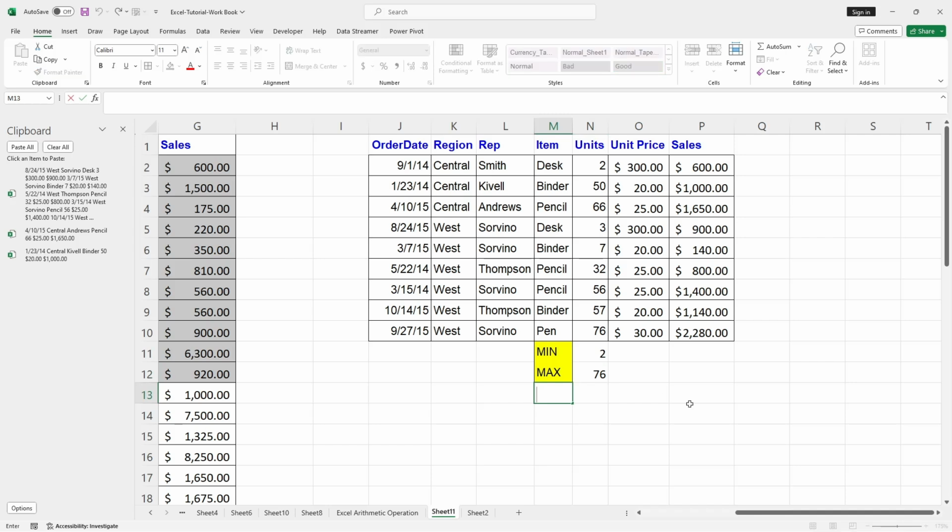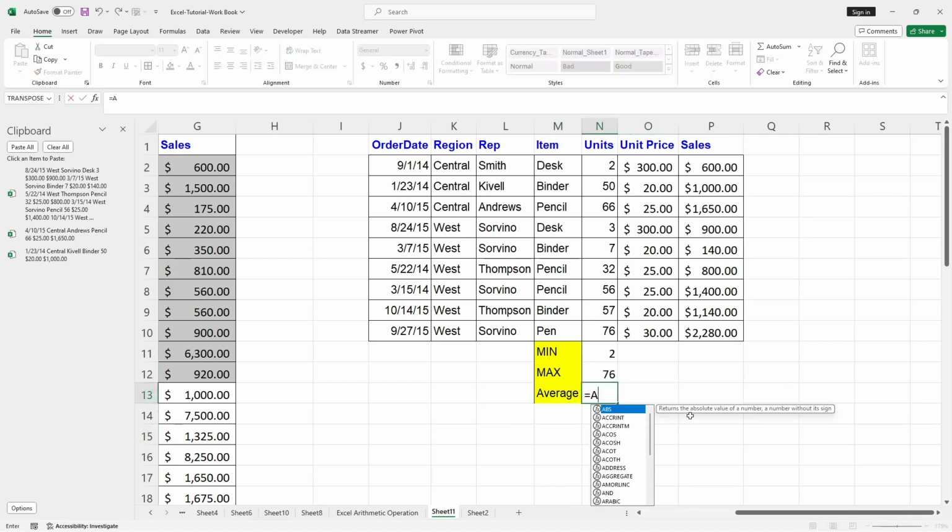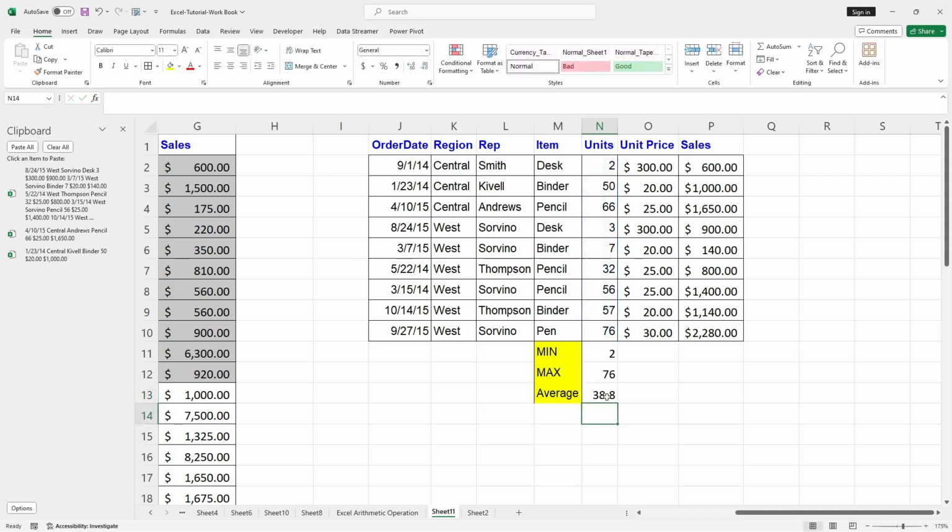If I want to use the average, I have to use the function which is called average. Then select the range of cells, close the bracket. Out of these numbers, 38.8 is the average. So once you have found out min, max and average